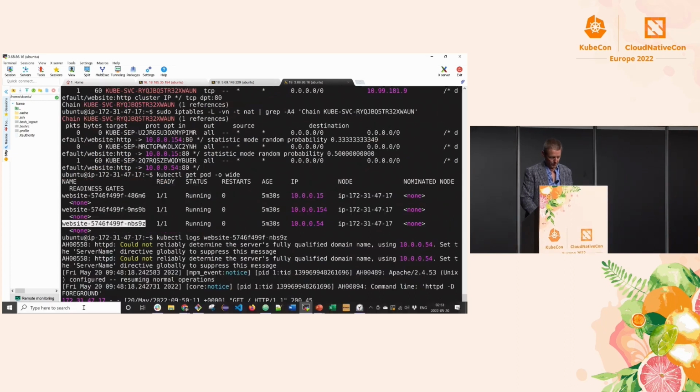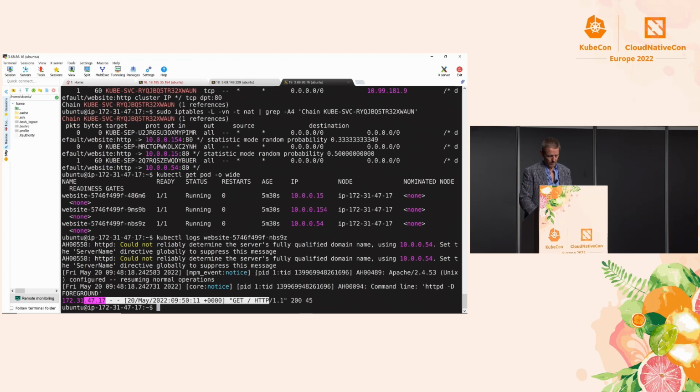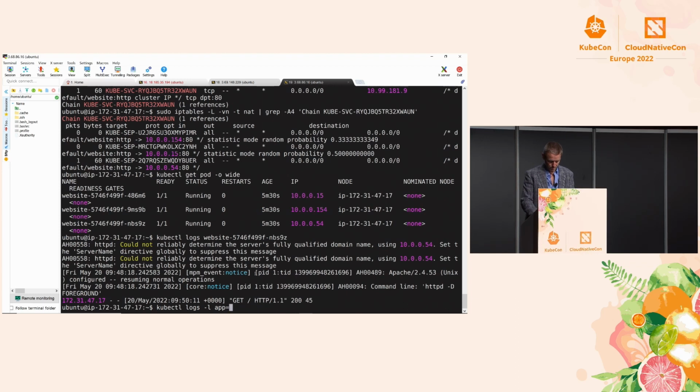We'll see a bunch of stuff, but there's the hit, right? That was our curl. And then if we do the same thing and look at logs for anybody with the label app website, oh, wow. Go.